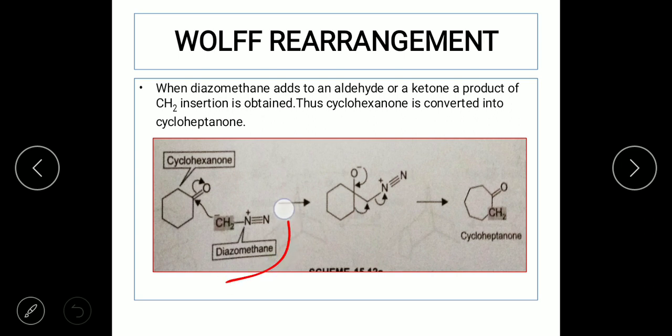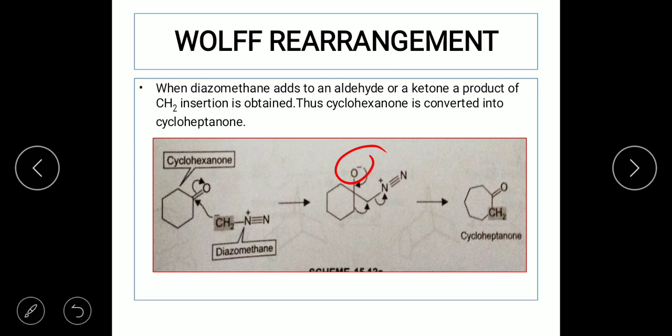Now see here you have again the diazomethane, which is going to first attack. In diazomethane, CH2 minus is the nucleophile. This nucleophile is going to attack the carbonyl carbon, which I already told you, because the carbonyl carbon is electropositive because of the electron withdrawing group, oxygen, attached to the carbon. Hence, the nucleophile always attacks the carbonyl carbon. Once it attacks, the electrons of the carbon-oxygen double bond move towards oxygen to give rise to an O minus oxide ion.